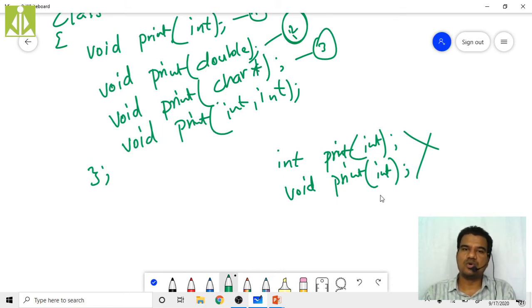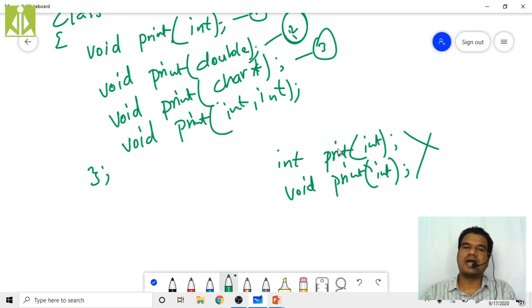But your compiler won't do that, as the parameter count is the same here and here. They can't be overloaded. If you take different parameters over here, then ultimately they will get overloaded, isn't it? So with the help of return values you can't overload the functions.